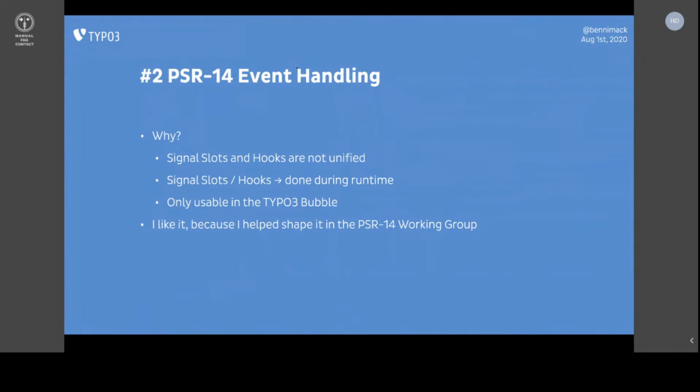Yeah, so it's a personal pet feature for me. And apart from that, PSR-14, in the way it's built, is used the same way with Symfony and with TYPO3, but also hopefully with a lot of other frameworks or CMSs as well. So Drupal, for instance, has hooks. They have a different kind of hooks, and WordPress has hooks, and it would be really cool to just use the standard for everybody. So I hope to see more of that